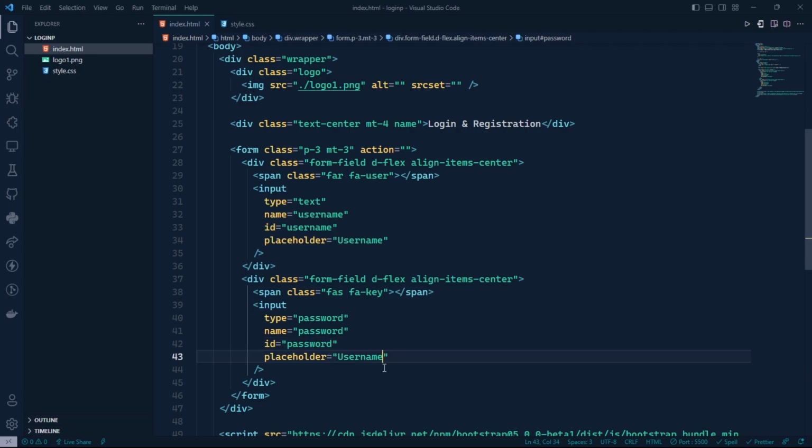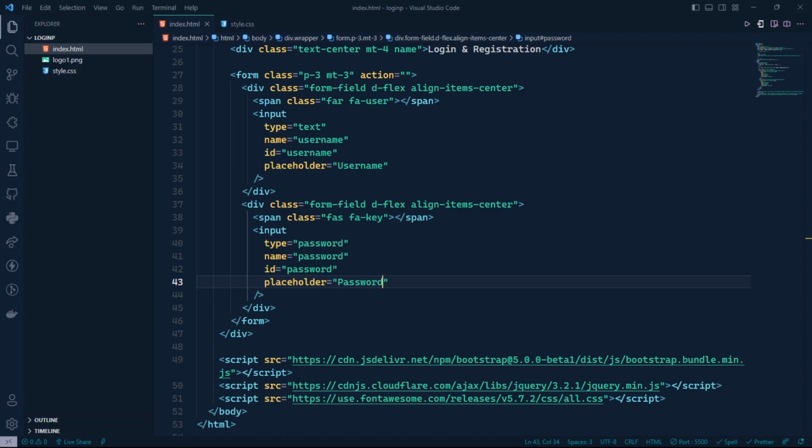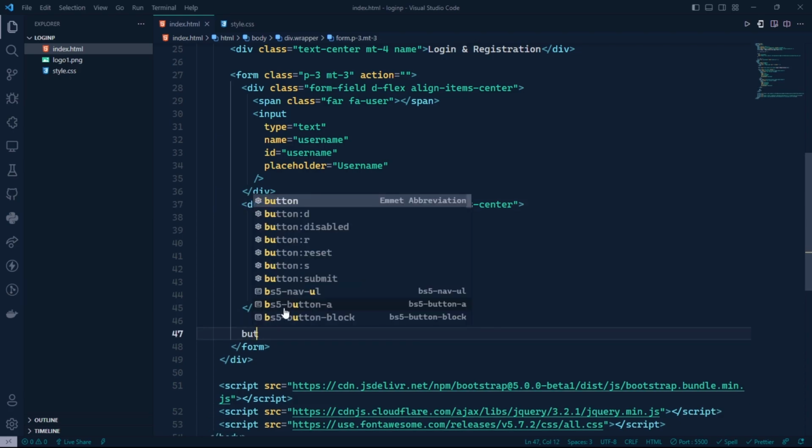And then the placeholder too should be password. Okay, all right, now let's have a button here